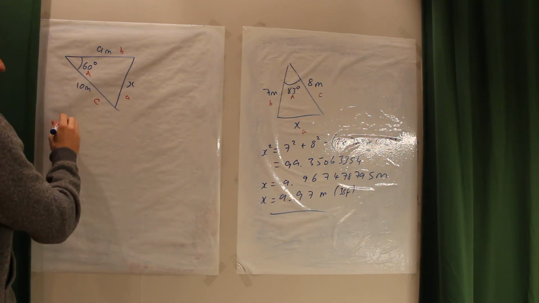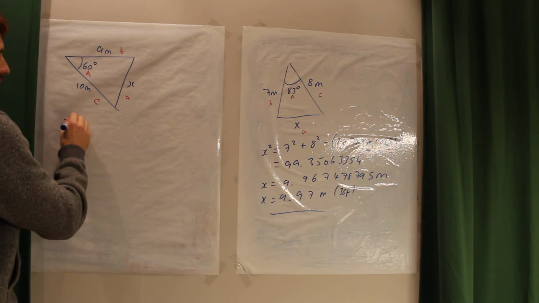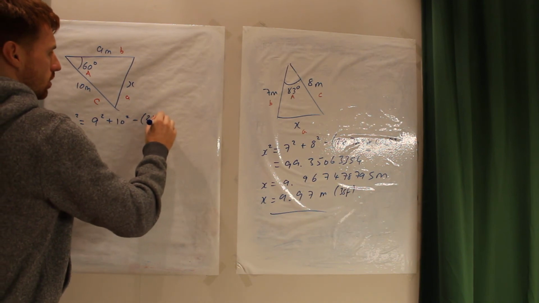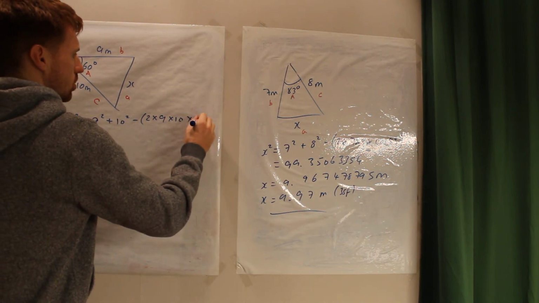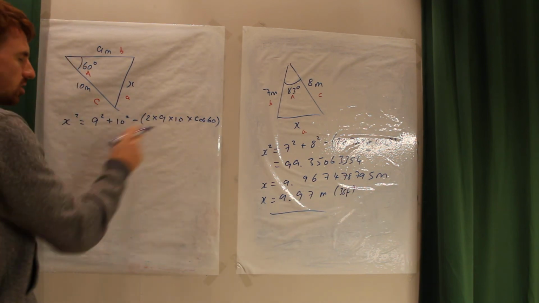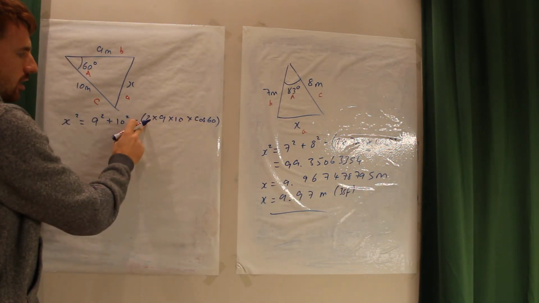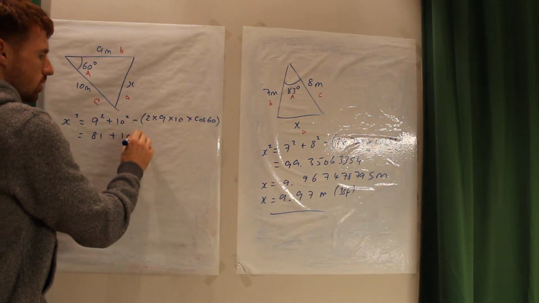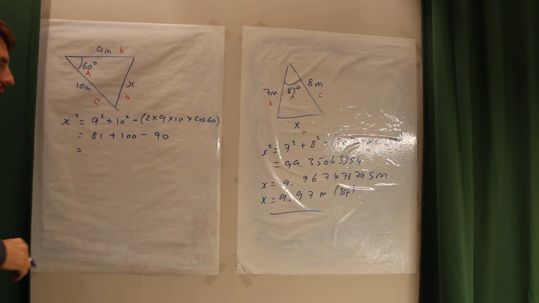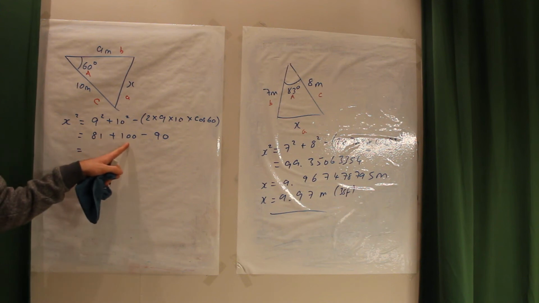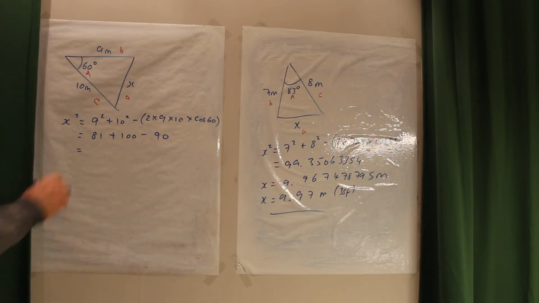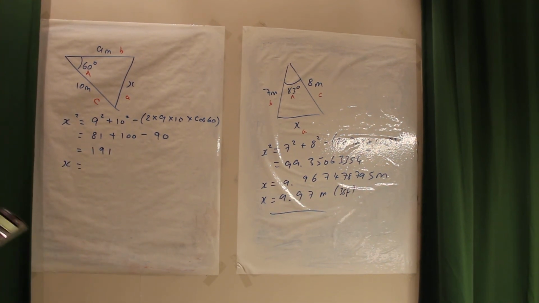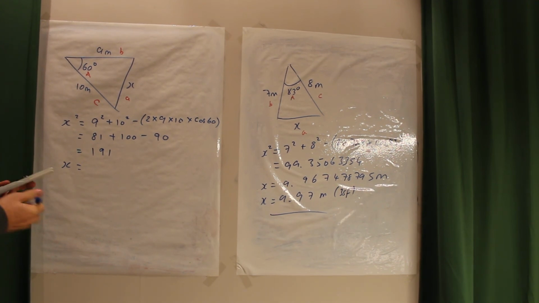So now, applying this formula, a squared, so x squared, is equal to b squared plus c squared, 9 squared plus 10 squared, minus 2 times b times c times cos of your angle, which is 60. Cos of 60 is a half, so that's going to cancel the 2. 9 times 10 is going to be 90. So I'm going to have x squared is 81 plus 100 minus 90. Adding them together, 81 plus 100, I've got 181, and then take away 90, I've got 91, so x is going to be equal to the square root of 91, which is equal to, on our calculators,